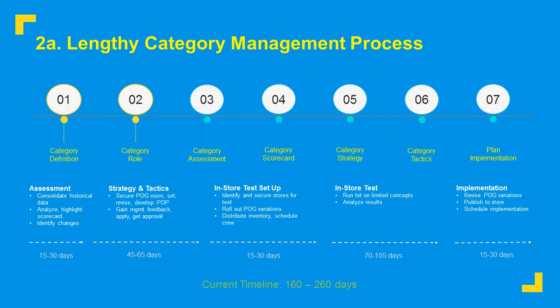The second thing, and this is a little bit of a 2A and 2B process, is the category management process itself, right? Especially when it comes down to some of those shelf level microspace planning areas, we know that you have to define the category as it might be changing, make sure that role is set and assessed, that any strategies intended to be followed through will hopefully have positive ROI effects, make sure everything else is aligned to support that, and then finally execute it successfully. We know that takes a long time.